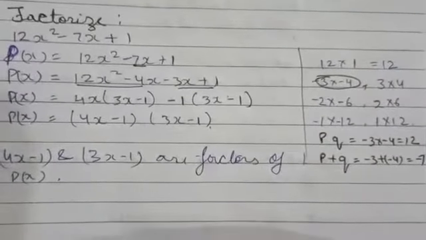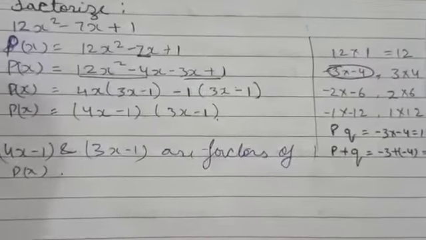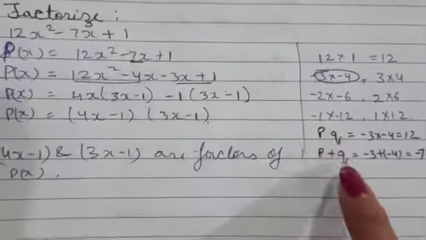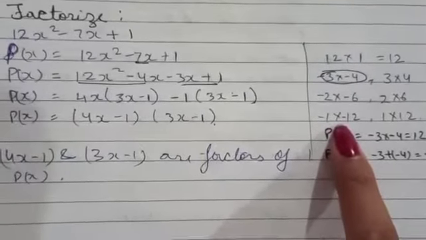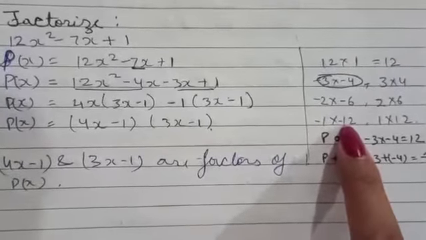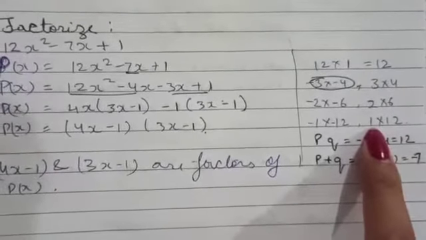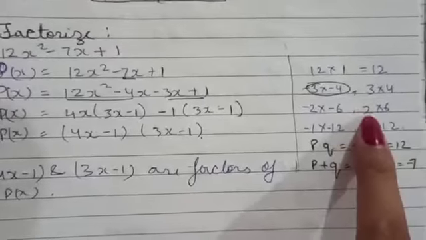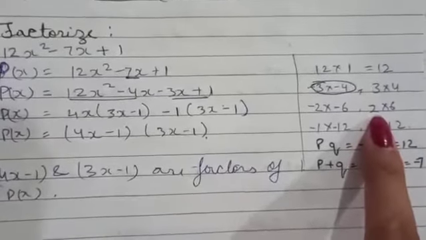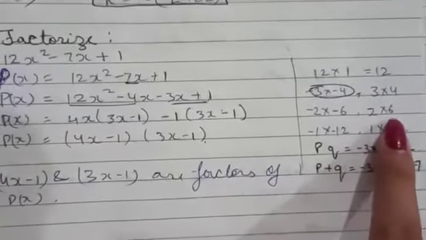These all are the possible factors of plus 12. Now, after finding the factors of 12, we have to choose such a factor of 12 whose sum or difference should be equal to minus 7. So here you see minus 1 plus minus 12 is minus 11, or minus 1 minus 12 is minus 13. Not possible. 1 minus 12 is minus 11, and 12 minus 1 is plus 11. Not possible, it is not equal to minus 7. Now here you see 2 plus 6 is 8, and 6 minus 2 is 4, and 2 minus 6 is minus 4.